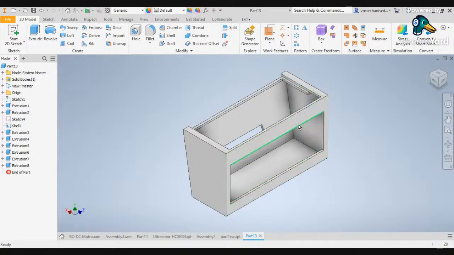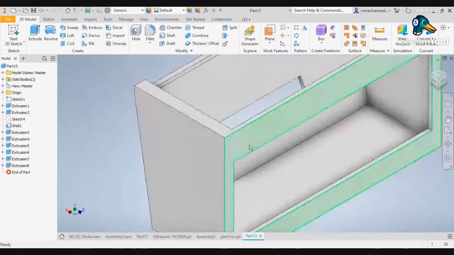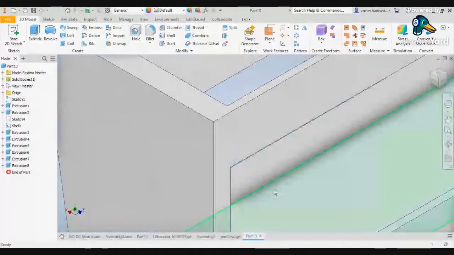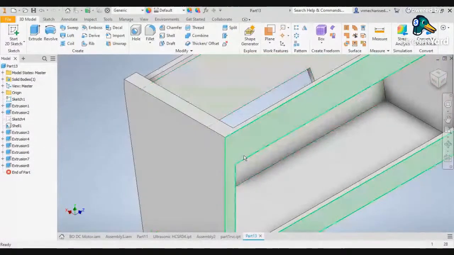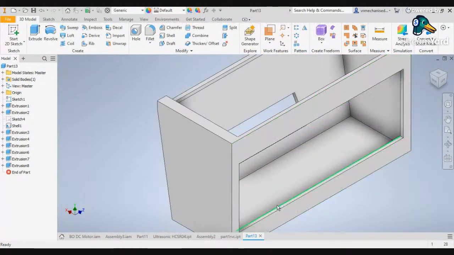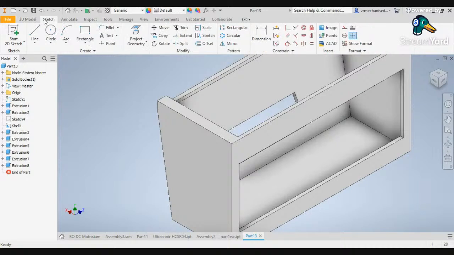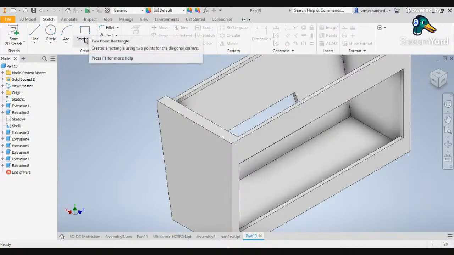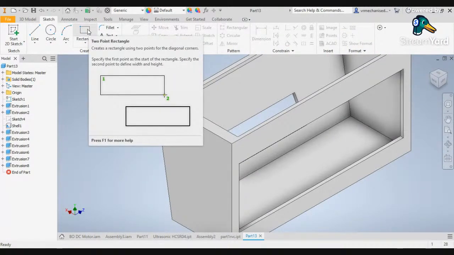But the height of the HEPA filter is around 8 mm. So once it's 8 mm, here we already have 2 mm of thickness. So we require another 6 mm of depth over here. So for that, we'll be drawing a rectangle again